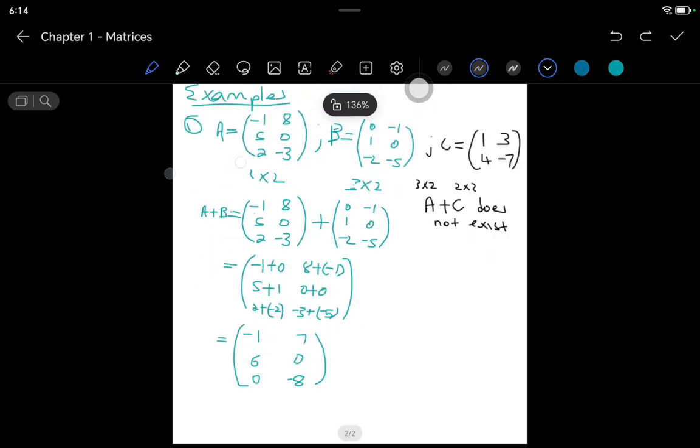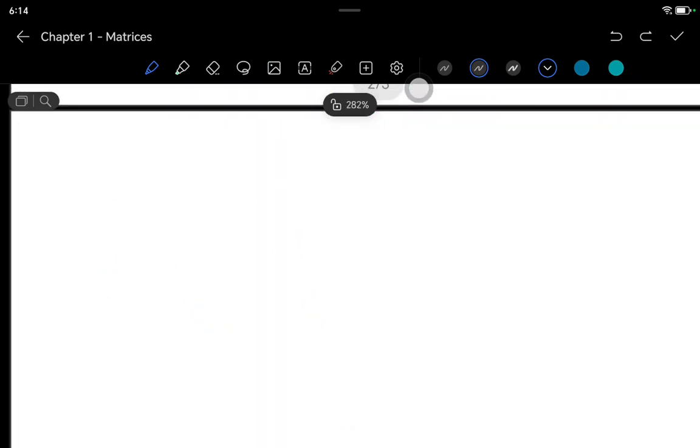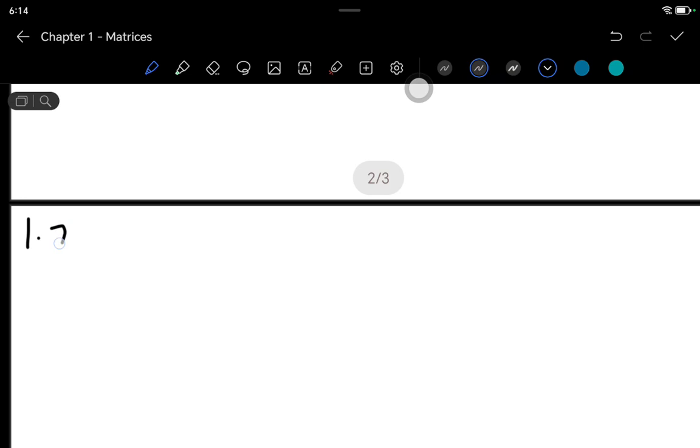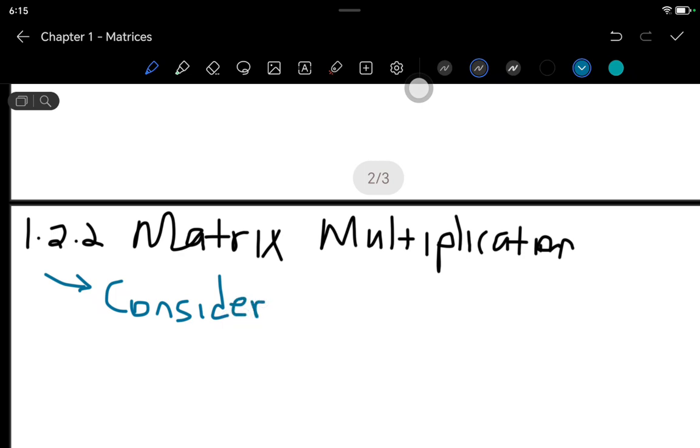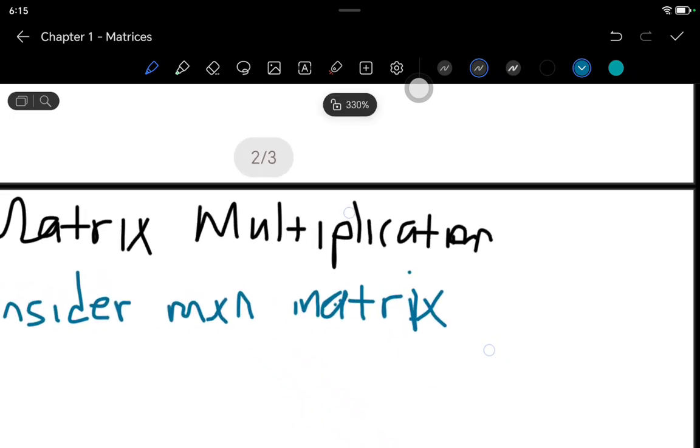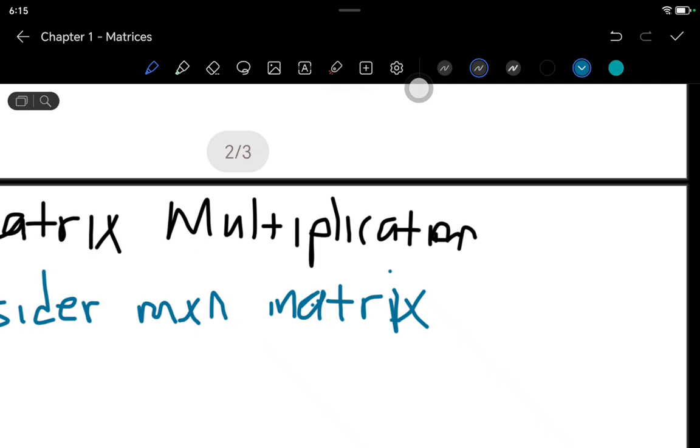So let's say now we're thinking about the next concept, which is matrix multiplication. When we're thinking about matrix multiplication, let us consider this. We say now that we are considering an m by n matrix, and we have A, which is equal to A ij,